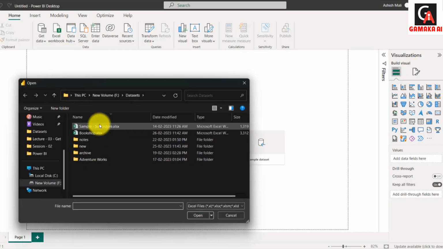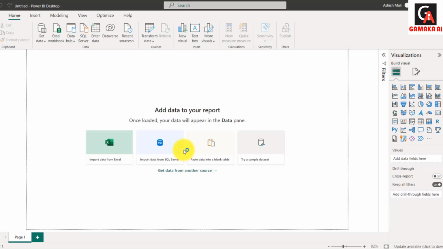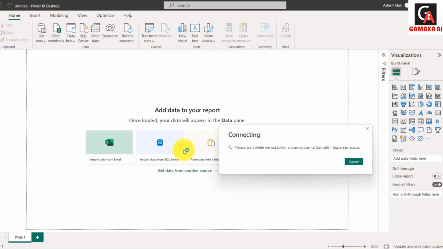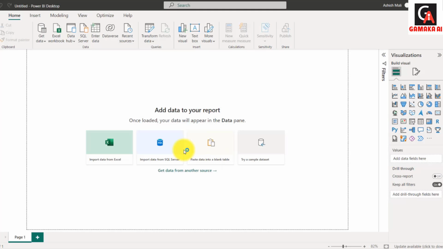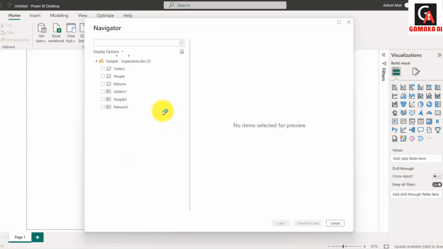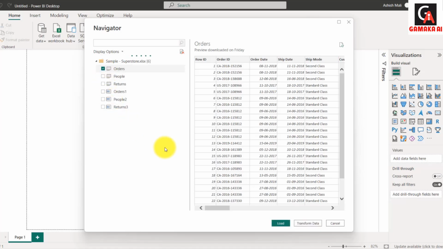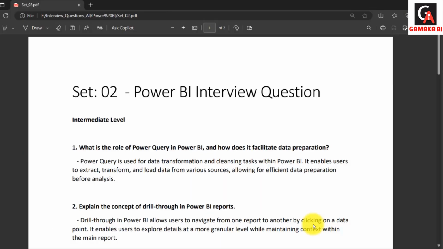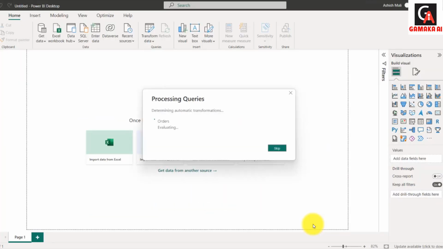So if I connect my sample superstore, it will connect to my data source, in this case an Excel file, and open up a navigation window in which you can select whatever data you want to import into Power BI. And here you get two options: loading the data and transforming the data. If you just load it, it will go to the Power BI front end, and if you head over to the Transform option, it opens up the Power Query editor.